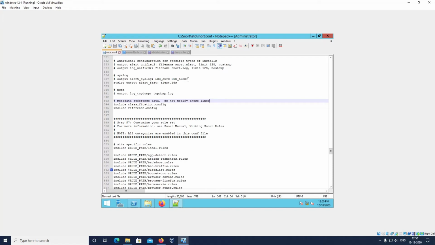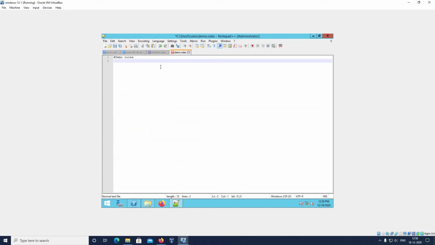Now we will write a demo rule. Suppose I want any TCP traffic, meaning whatever TCP traffic is generated by the client or any other machine that is going to hit this particular server.